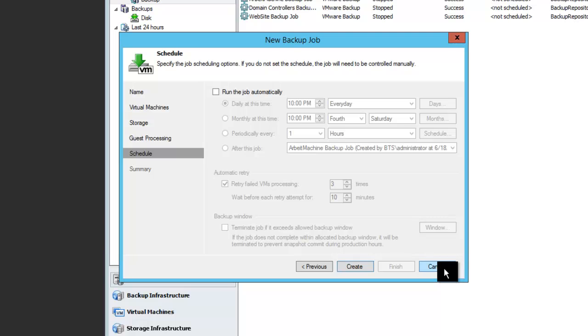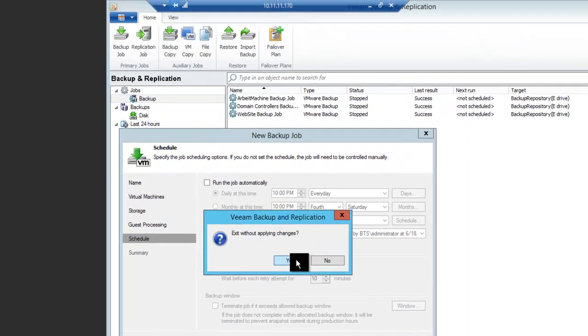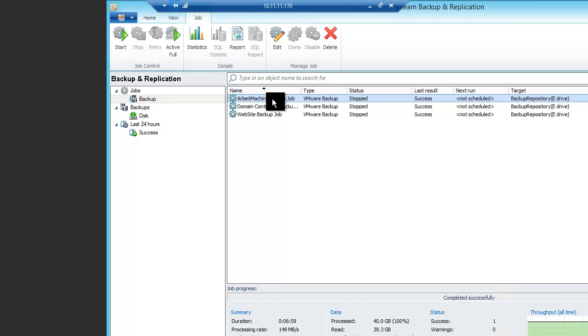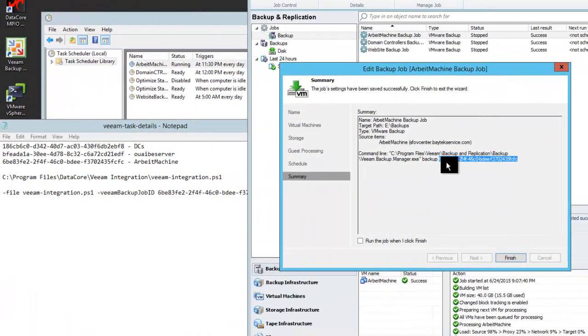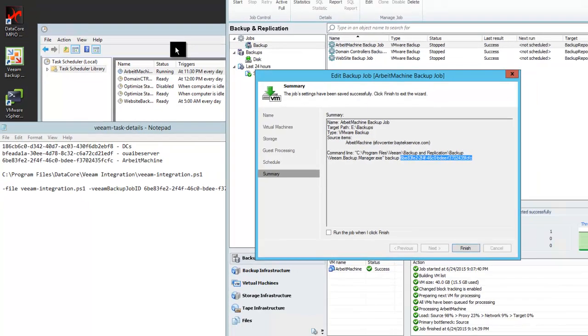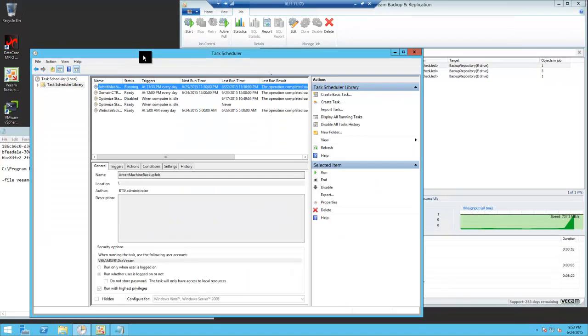Okay, so here I'm going to show you one that is already created. Here it is. Okay, now that a Veeam backup job is defined, all we need to grab is the job ID for that Veeam backup job. Okay, then what we're going to do is define a Windows scheduled task that